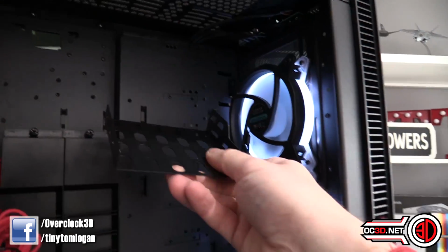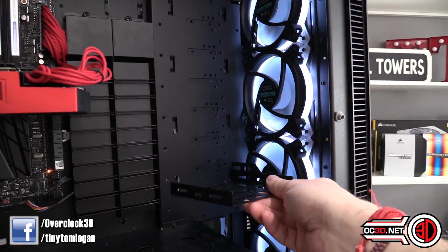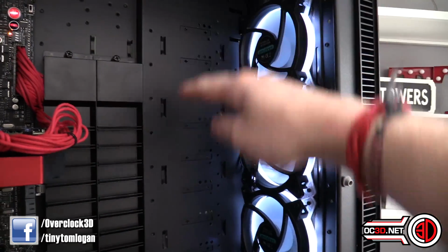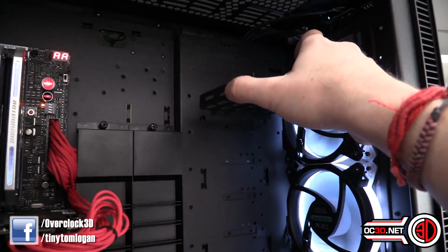Now you get 8 of these, so you can put 8 hard drives in the front if you wanted. If you do put 8 hard drives in the front though, no front radiator. Well, unless you kind of do it around them. If you were going to put all 8 in, then they're just going to be getting cooled by the fans in the front. And you get these little mounts, and you screw your hard drives in, and bish bash bosh,